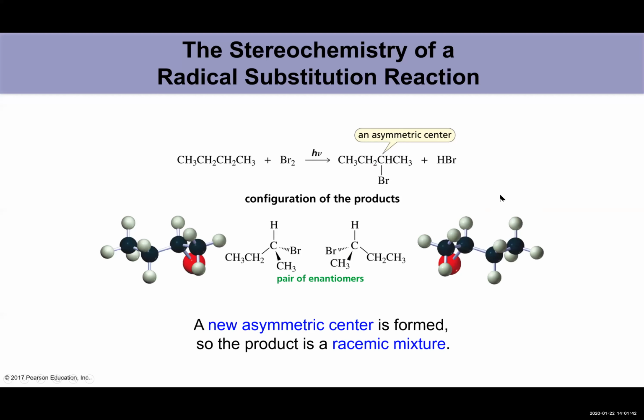Okay, so what does the stereochemistry of a radical reaction look like? Racemic mixtures. That's the answer. You get racemic mixtures. If there's one stereocenter that's formed, you get racemic mixtures. And the reason for that is